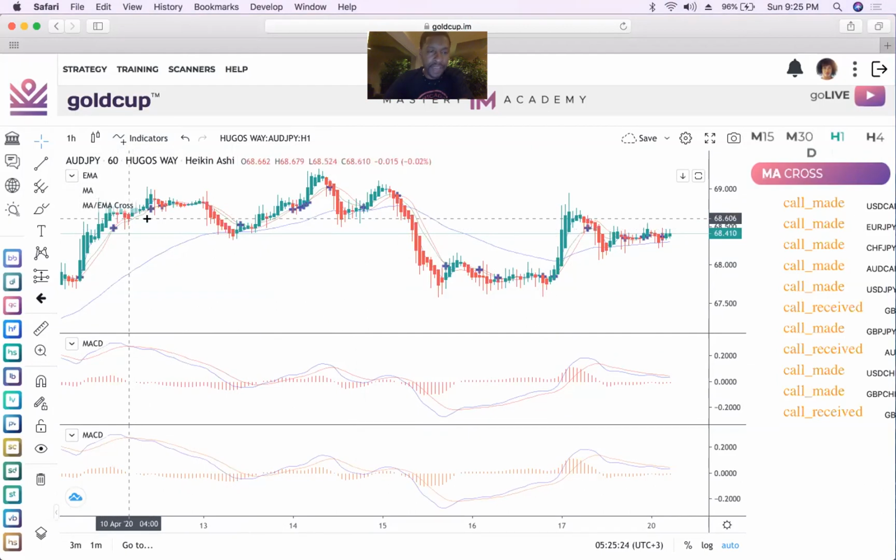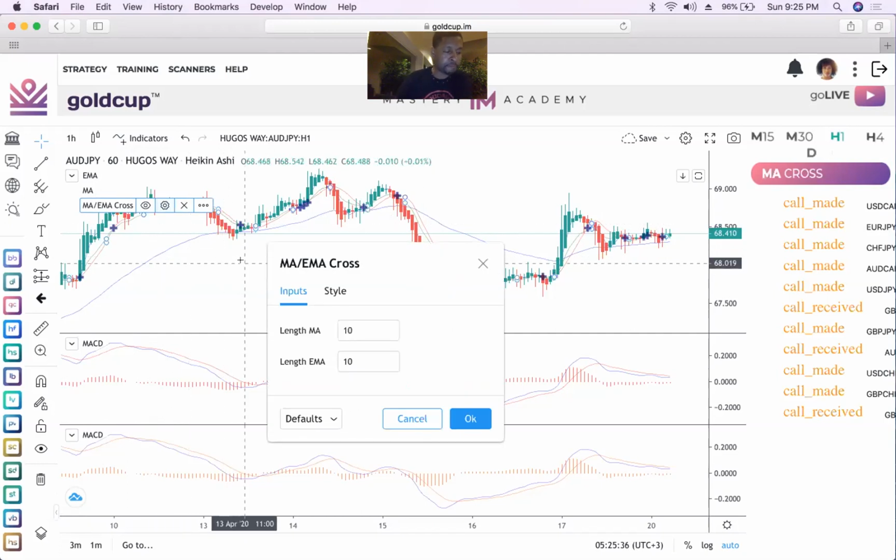So top left-hand corner of the chart, you will see MA, EMA cross. If you hover over it, you will see the picture of an eye, and then you will see a picture of a gear. Go ahead and click that gear, okay? And this should pop up. Where it says inputs, the first one, change that number 10 to the number 4, okay? The one below that, change that to the number 50,